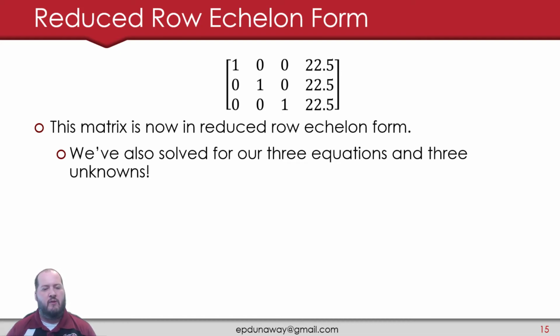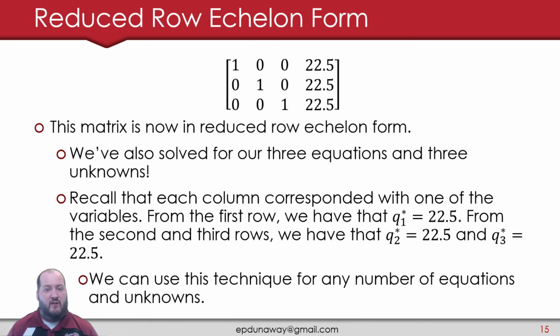Because remember when I told you that you needed to line up all the variables together, where the first column was q1, the second column was q2, and the third column was q3? Well, that's actually all 3 of the variables right there. So what is it saying to us right now? The first row of this matrix is telling us that q1 equals 22.5, or q1 star equals 22.5 in this case. The second row is telling you that q2 equals 22.5,